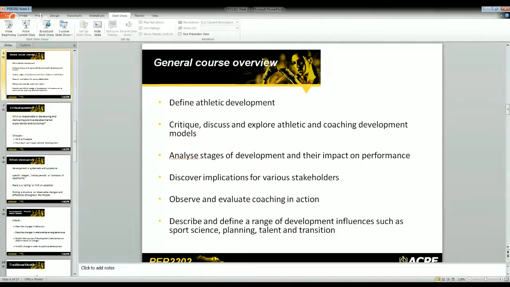So we're going to spend a lot of time over the next 12 weeks looking at long-term athlete development, and this is a Canadian model. We've also got the development model of sport participation. It's fairly simple. So what we have here is entry into sport, and on this right side here,